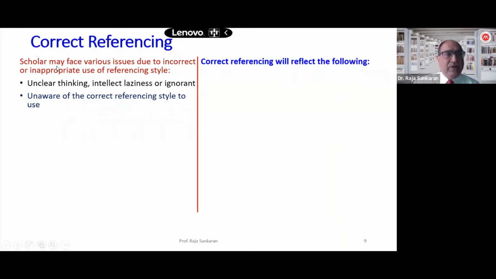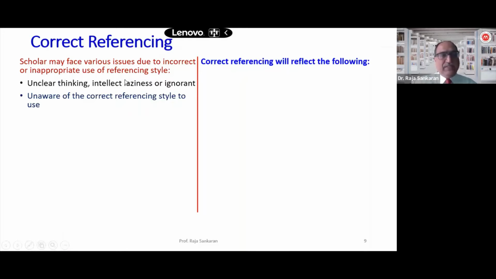So moving on to some of the points on the left hand side, the type of issues that scholars would face because of incorrect or inappropriate use of referencing style are unclear thinking, intellect laziness, or being ignorant.